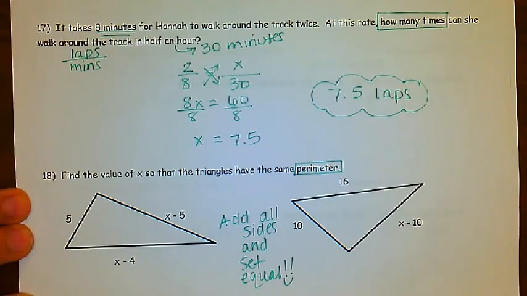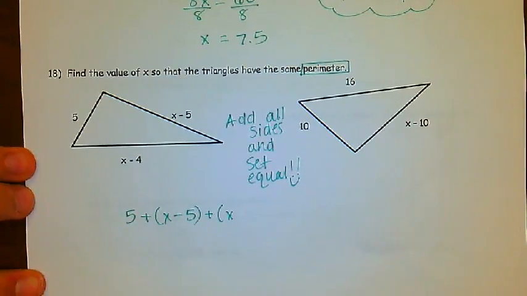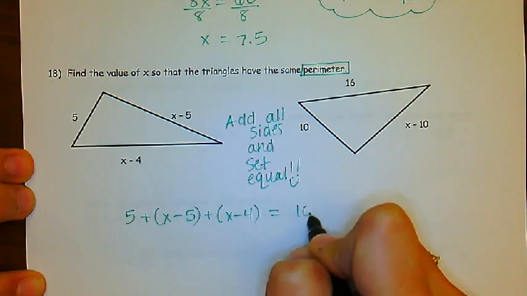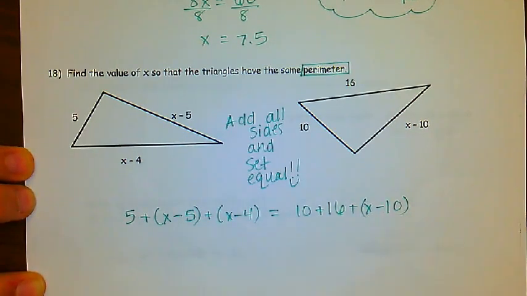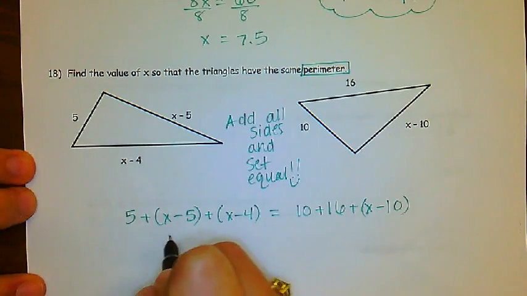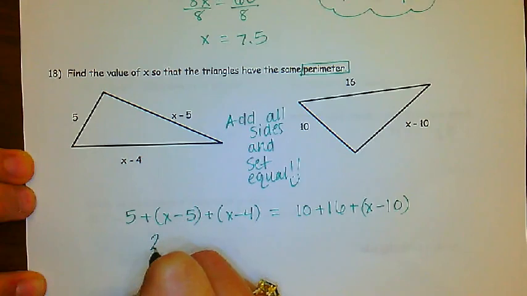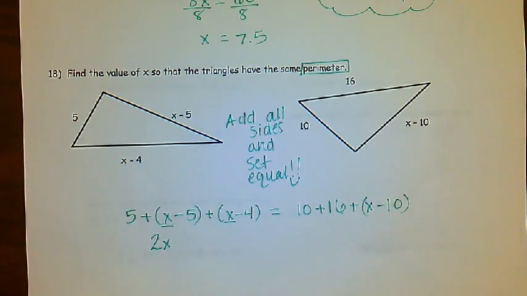Okay, so we have 5 plus x minus 5 plus x, can't see it, plus x minus 4. That is all equal to 10 plus 16 plus x minus 10. Okay, let's combine like terms. Remember, when we are combining like terms on one side,